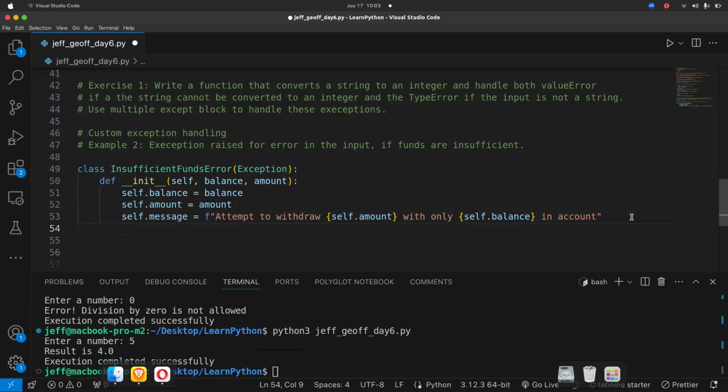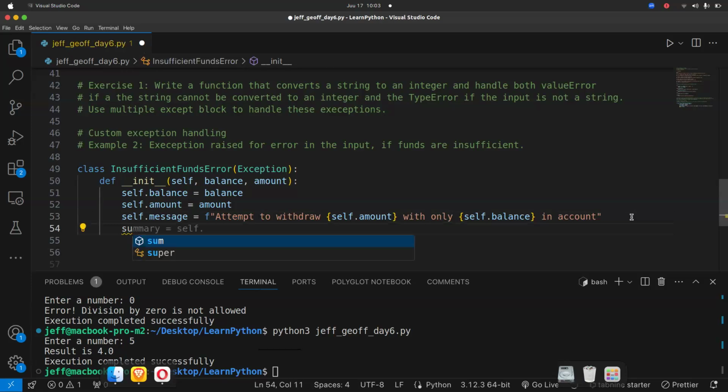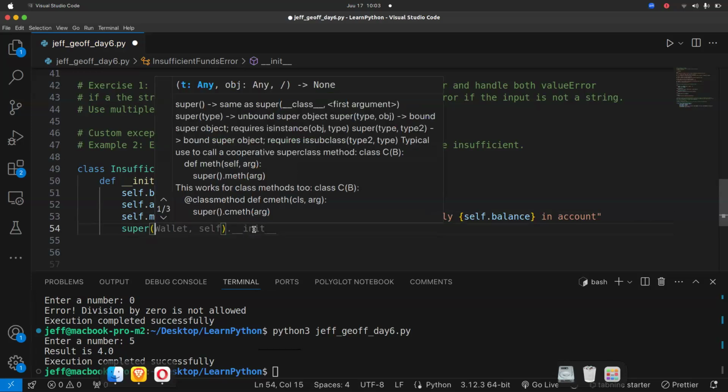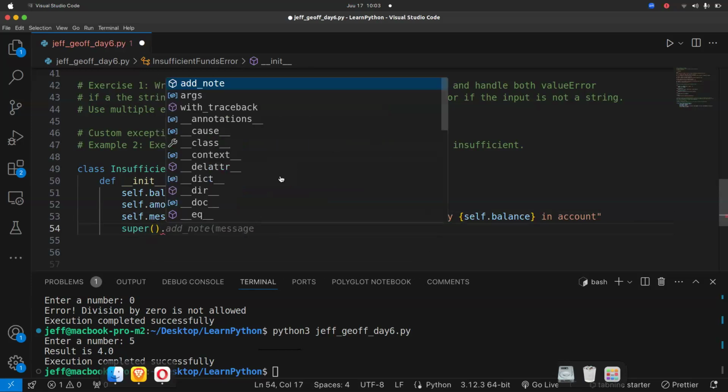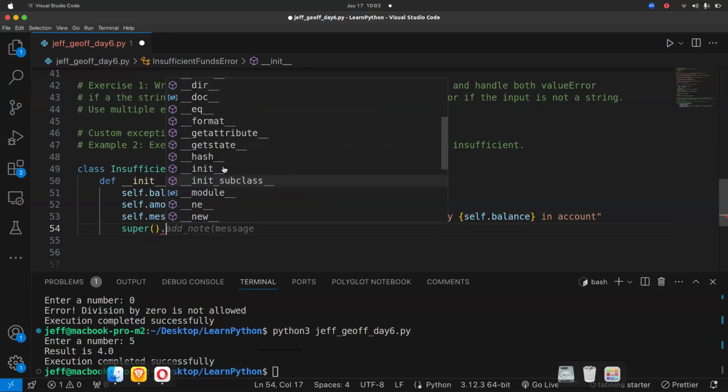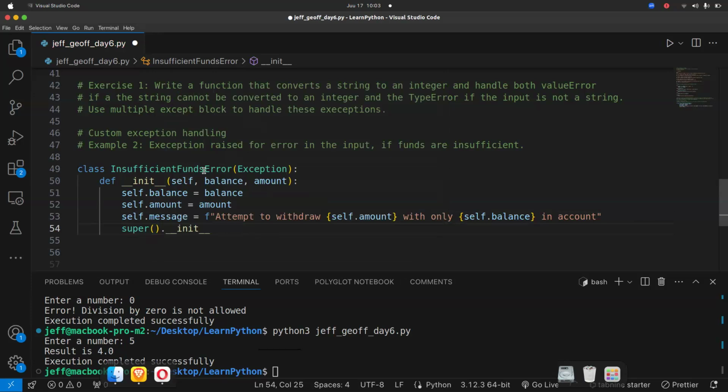So we're going to use a super method here. A super method. We will not pass in any arguments or keyword arguments on it, so that it can initialize, so that we can pass in a self message.